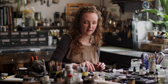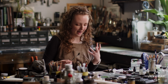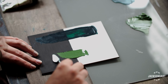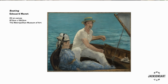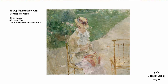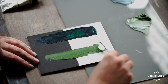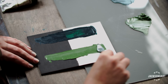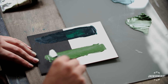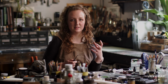Opaque pigments, on the other hand, like the chromium oxide green, are really effective at hiding what's underneath. So you can see the difference here. The French Impressionists, for example, made really good use of opaque pigments to give them bold colour that really comes forward from the canvas. So looking at these 2 greens here, the phthalo green is transparent. It's really brilliant for glazing, has that kind of stained glass effect, whereas the chromium oxide green is dense and